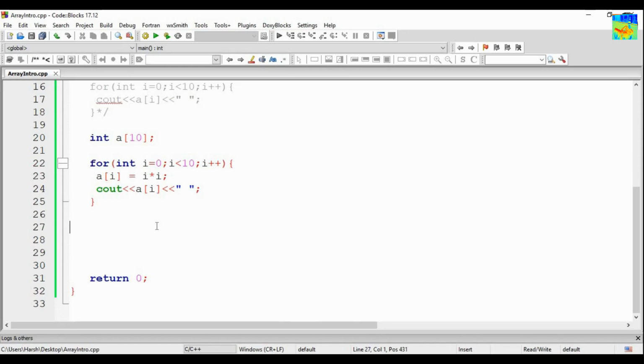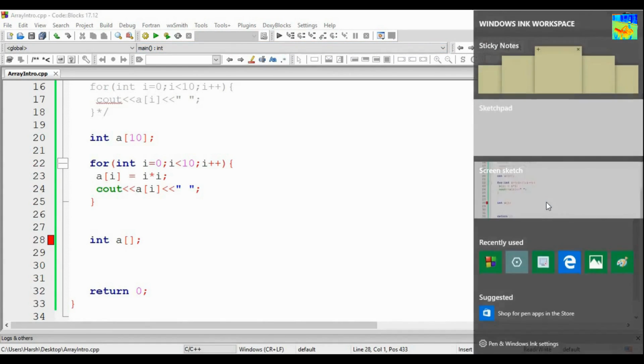Now one more thing, can we write like this? int a. Can we make an array like this? Let us run our program to see whether this is correct or not. So this is not correct.